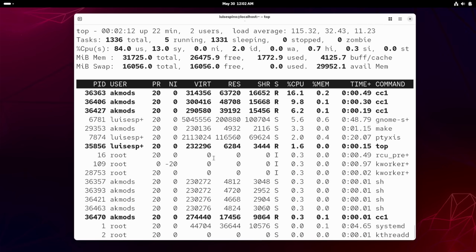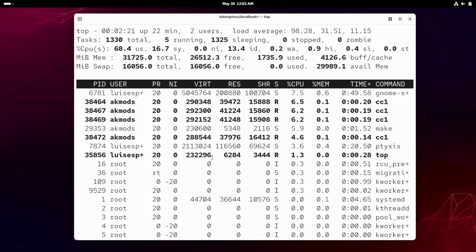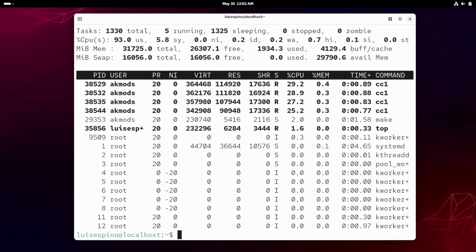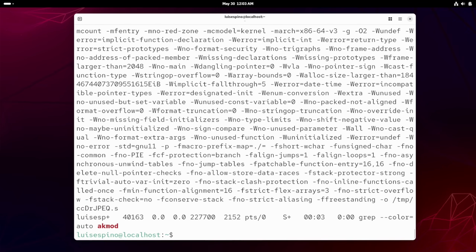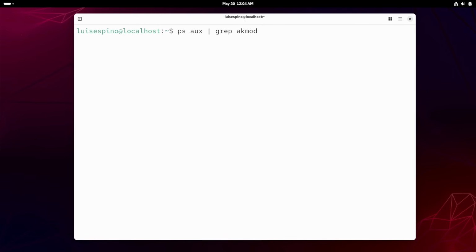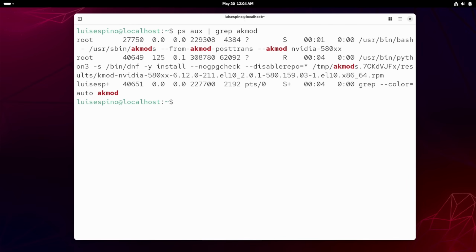NVIDIA module building will start like Fedora. It shows no progress. We run top to see that the akmods process is running. With modinfo, we see the module is not installed yet. We can also use ps with awk and grep for akmod and see there are still many processes. We continue giving it a little time for building, verifying with ps to see if the akmod processes are finishing